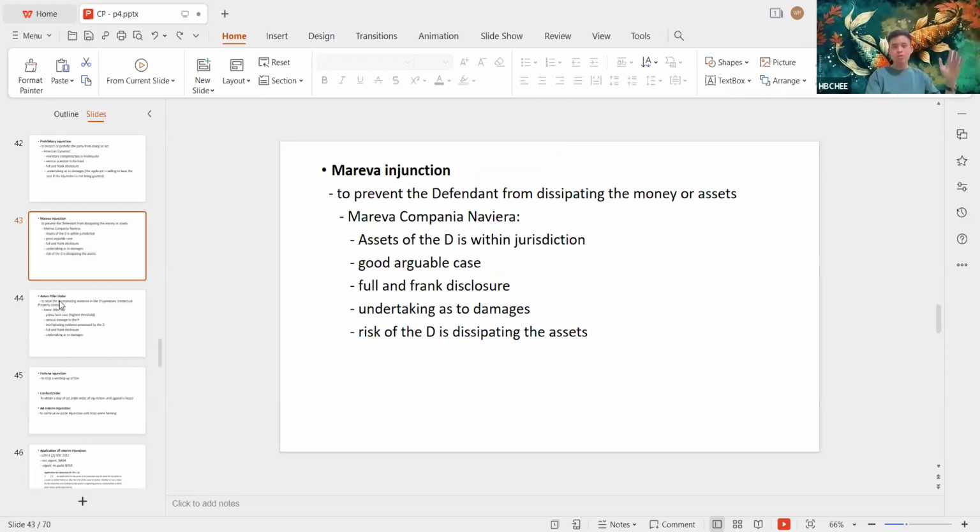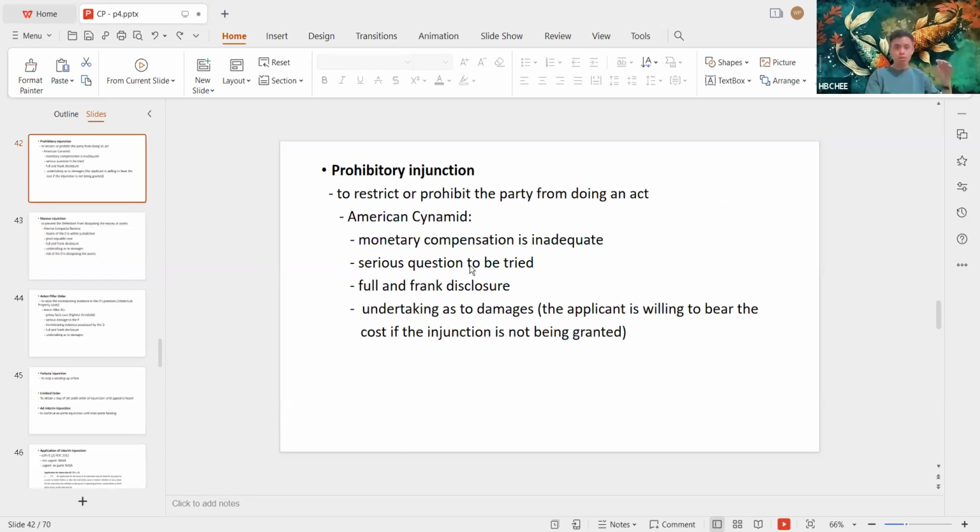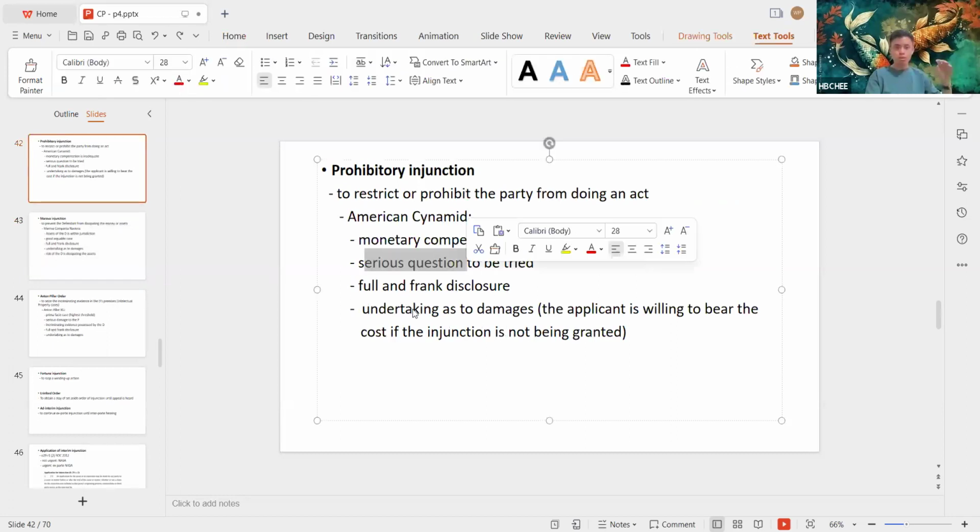Obviously, the plaintiff can always say it's very urgent, and then go on for the ex parte. And the court sometimes decides whether or not there is a good arguable case. But Anton Piller